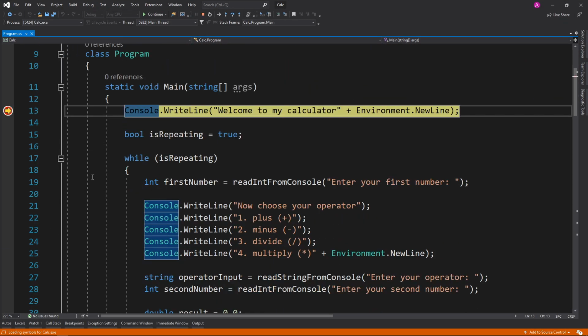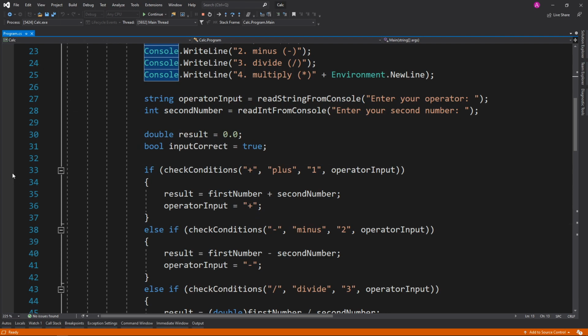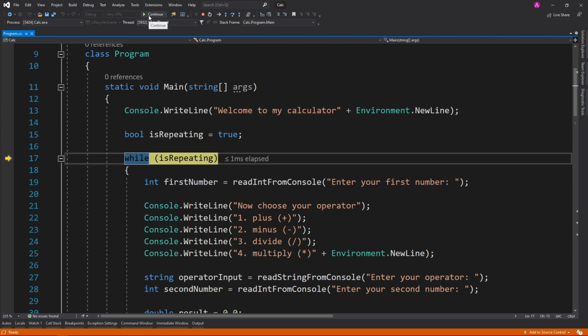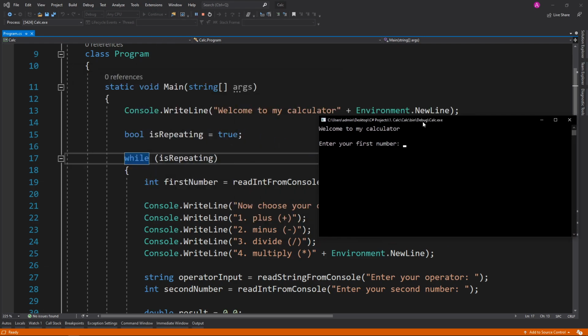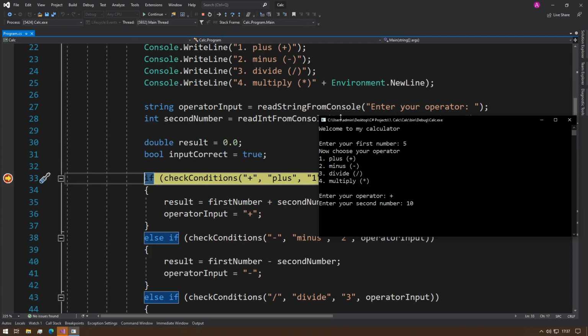There's also a couple of things that you can do. So once you've stopped here and you want to jump to another section because you know that your code is breaking over here, then you can just put the breakpoint here. Then, instead of stepping through all of these lines, you can either press the continue button or press F5 on your keyboard, and then you can continue using the calculator until you hit this line, and then it'll breakpoint like this,